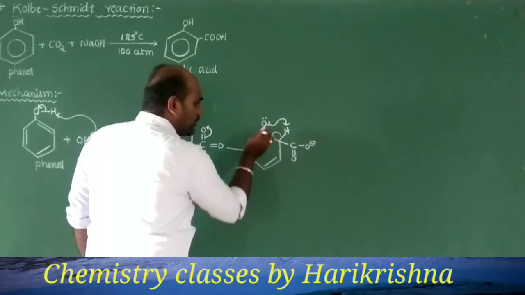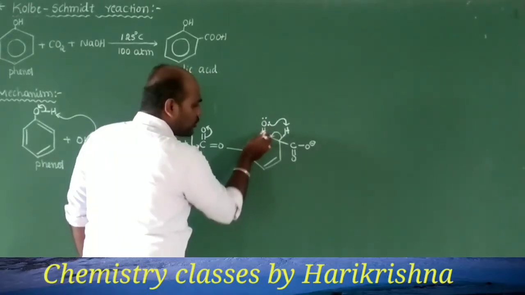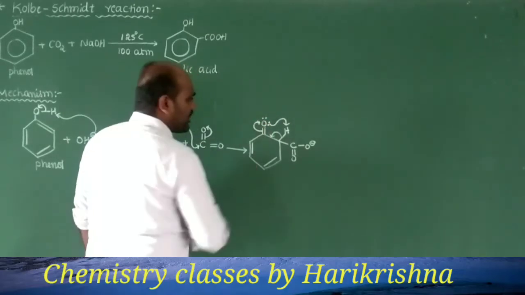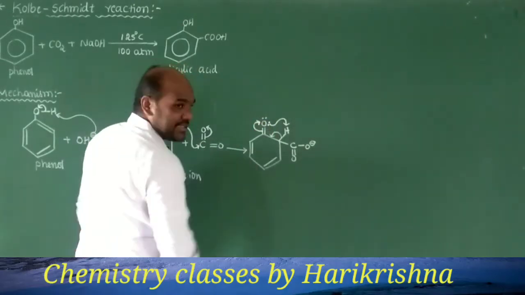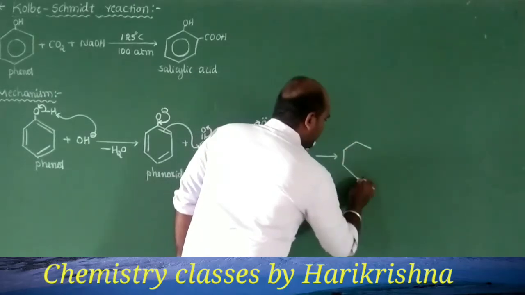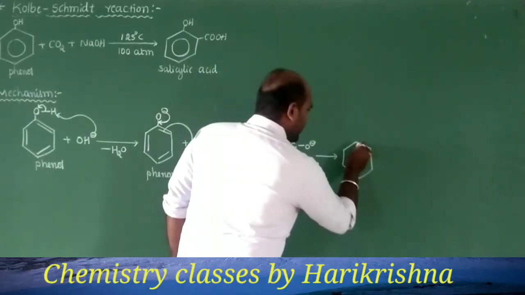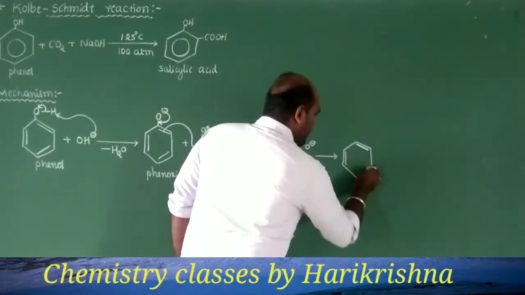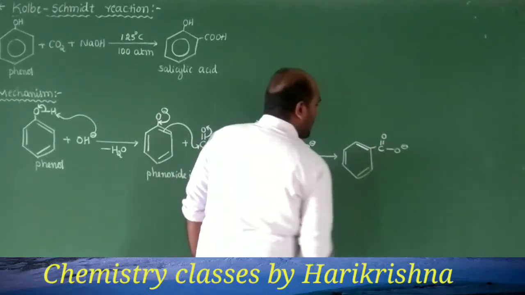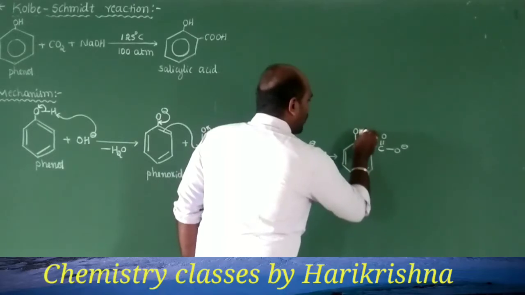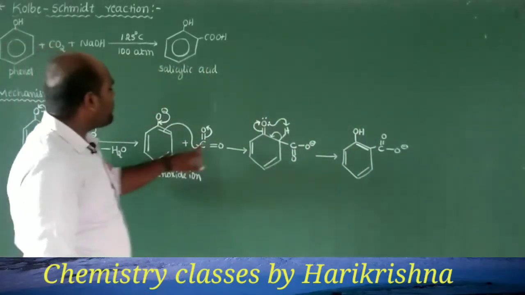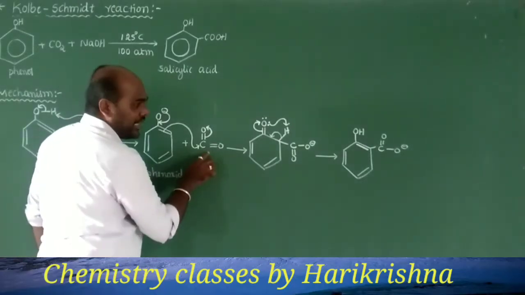To balance this lone pair of electrons, among these two bonds, one is a sigma bond and one is a pi bond, the pi bond will shift onto oxygen once again, so that we will be getting it like this. So here a pi bond develops once again, and C double bond O, O minus will be there, and here there is OH. So we start with phenol, get phenoxide ion, and this phenoxide ion is attacked by the electrophile,